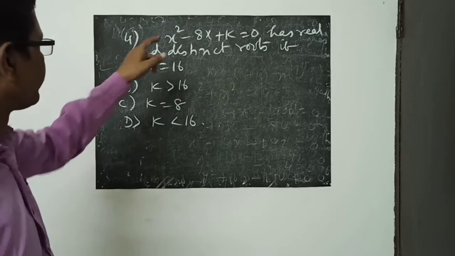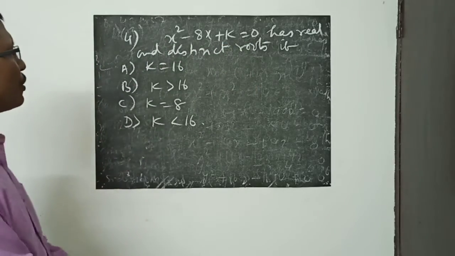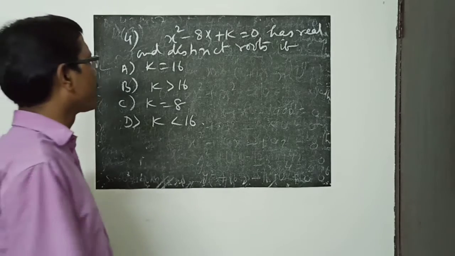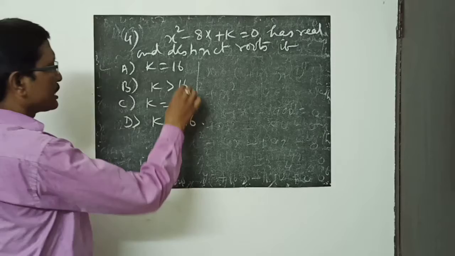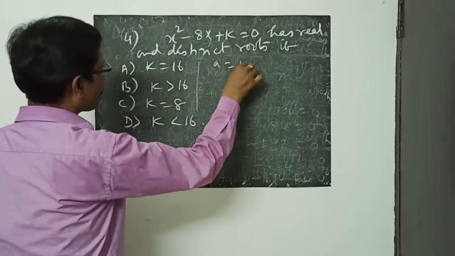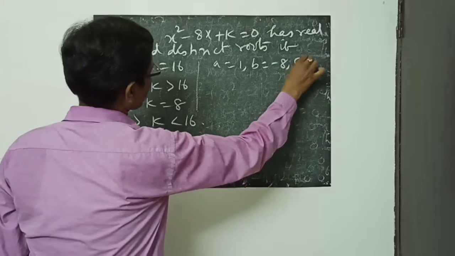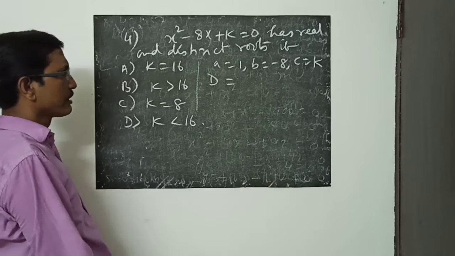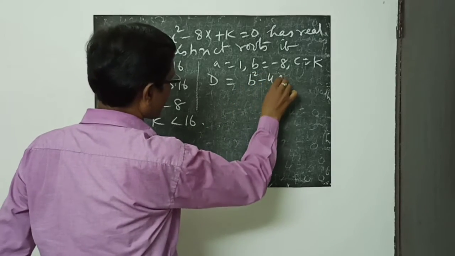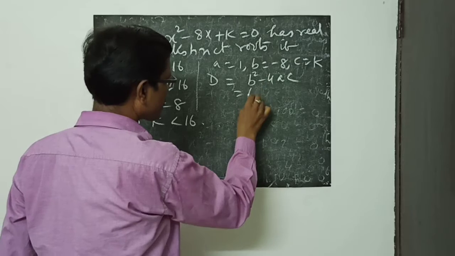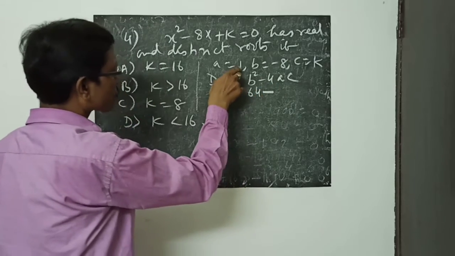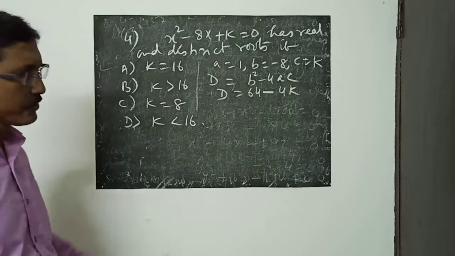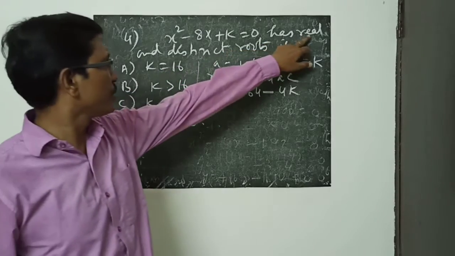So this is the quadratic equation in the form of ax square plus bx plus c equal to 0. If we compare, then we will have what? Here A is 1, B is minus 8, C is your k. So you have to get first the discriminant D, that you know, that will be B square minus 4AC. So minus 8 square means 64, minus 4 into 1 into k, so ultimately 4k it is coming. D you got. But what is the condition of this one?